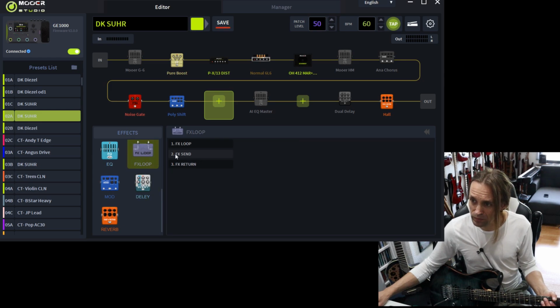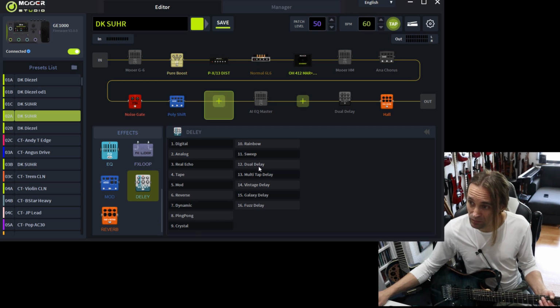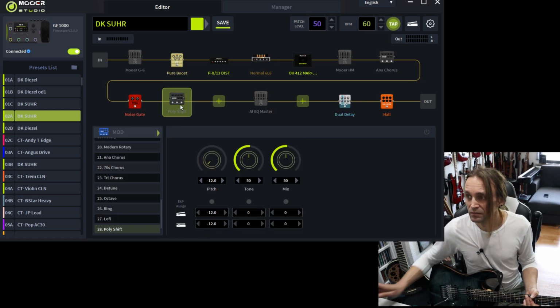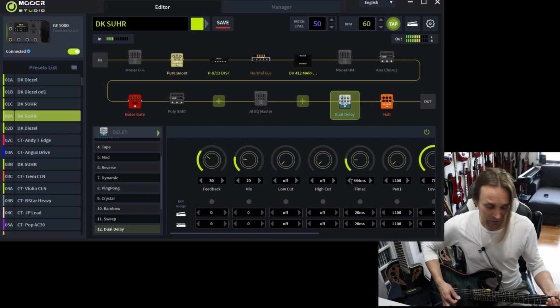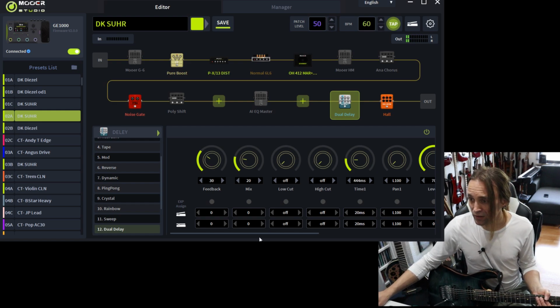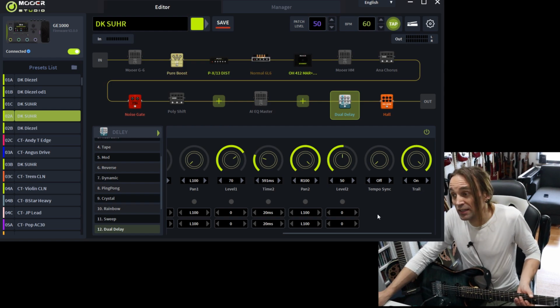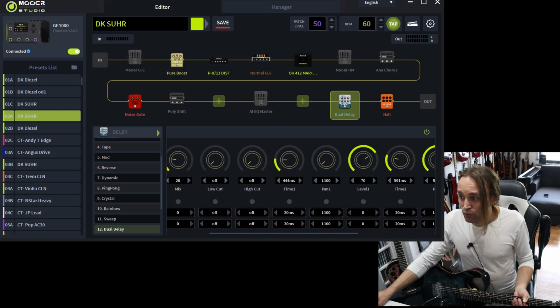Okay, of course the effects loop and the delays. Here you have some stereo delays, like the dual delay, which I was using here in the intro, where you can set two different independent times. The thing with the delays in the Mooer products, I think it looks really like the one in the GE300, except that they're not offering